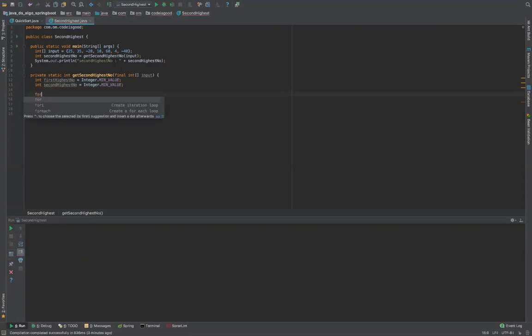And post that, we will do an iteration over the input array starting with 0 index and till the length of the input array.